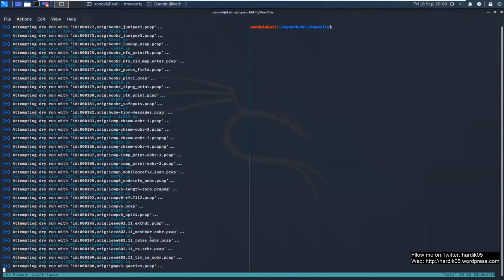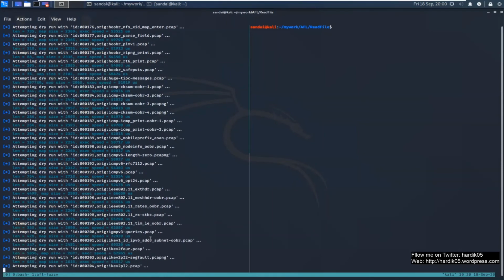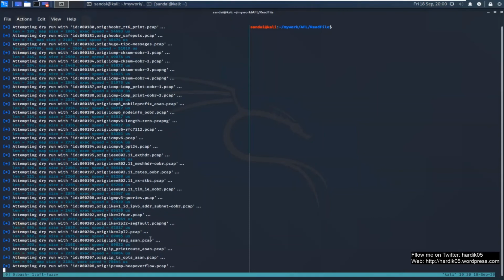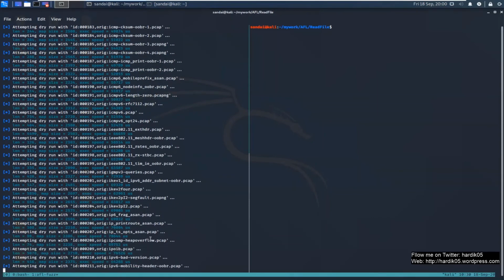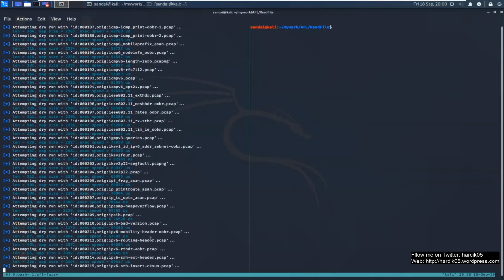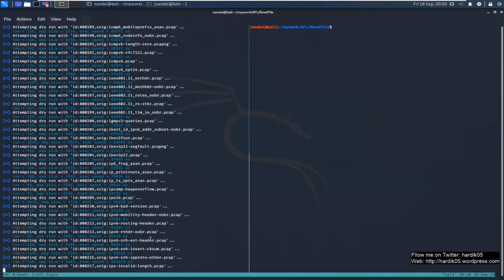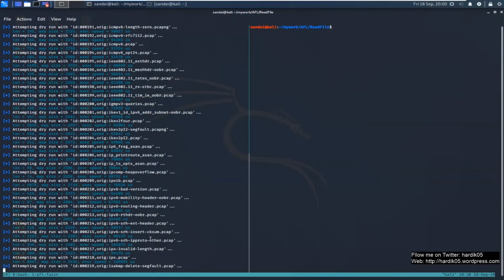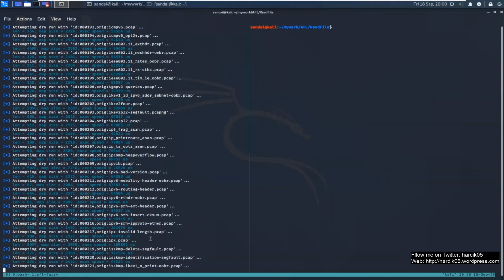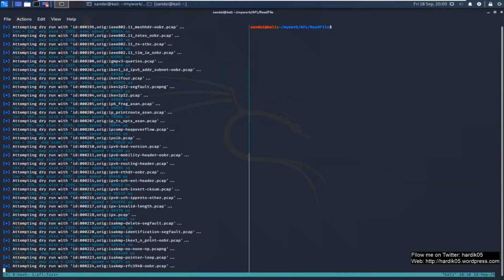Now let's wait till it finishes starting up, and then we'll see what speed we are getting. I don't think it will be able to find any new crashes in a short amount of time, because it has been heavily fuzzed before.